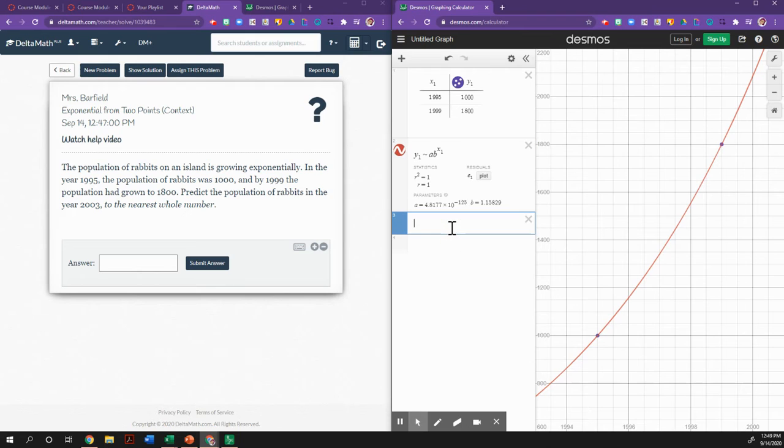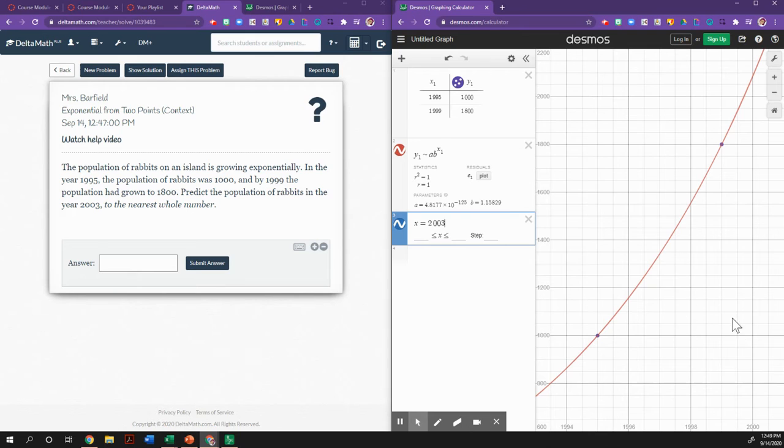And now we need to predict the population of rabbits in 2003. So remember I was typing in x equals, but how do I know if it's x or y? Well, look at your table. For x1, we were typing in the years. So that means I need to write x equals